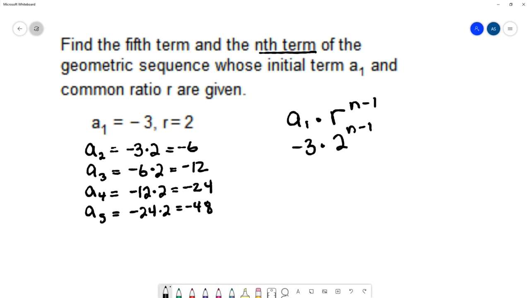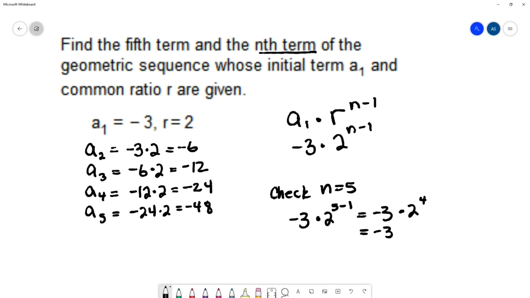This is our nth term, and we can also check to see that we did that fifth term correctly. Let's check n equals 5, and we get negative 3 times 2 to the 5 minus 1. That's negative 3 times 2 to the 4th, and 2 to the 4th power